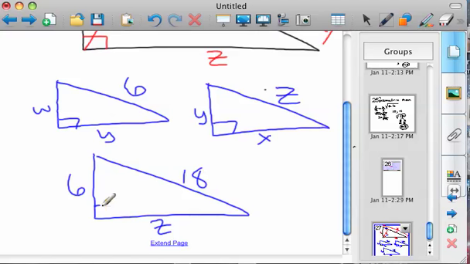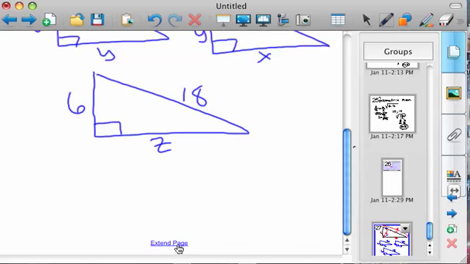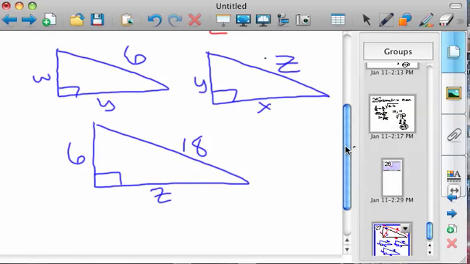Okay, so all of these triangles are similar. I'm not going to prove that here, but we just know from previous experience that these are similar triangles. So what we do is look for proportions that are going to set us up so that we can solve each variable individually. So like if you started with X, we'd have a problem because we've got X, Y, and Z. We have no numbers really to compare X to. So I'm going to start actually, it looks like, with,